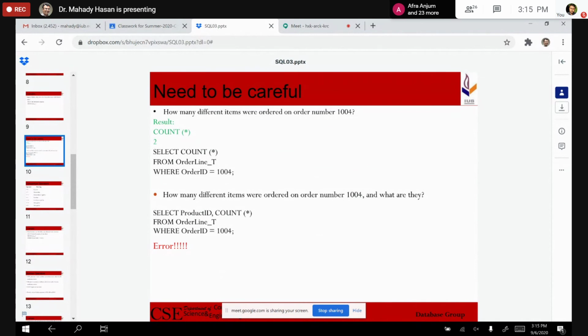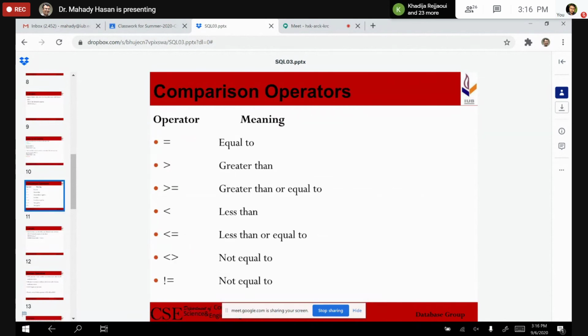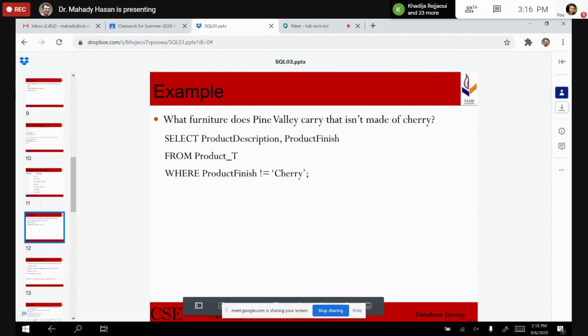That will show how many products are given under order number 1004. Make sense? Yes, sir. So these comparisons, equal, greater than, greater than or equal, less than or equal, not equal, can be written in both ways. We already have seen not equal.